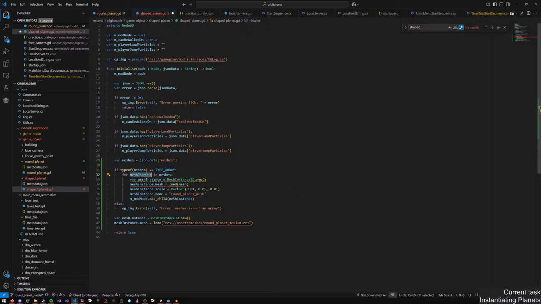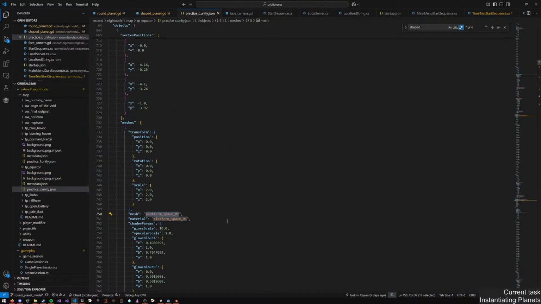Let's be very mesh. And oh yeah, let's move that, that's fine. Because this mesh